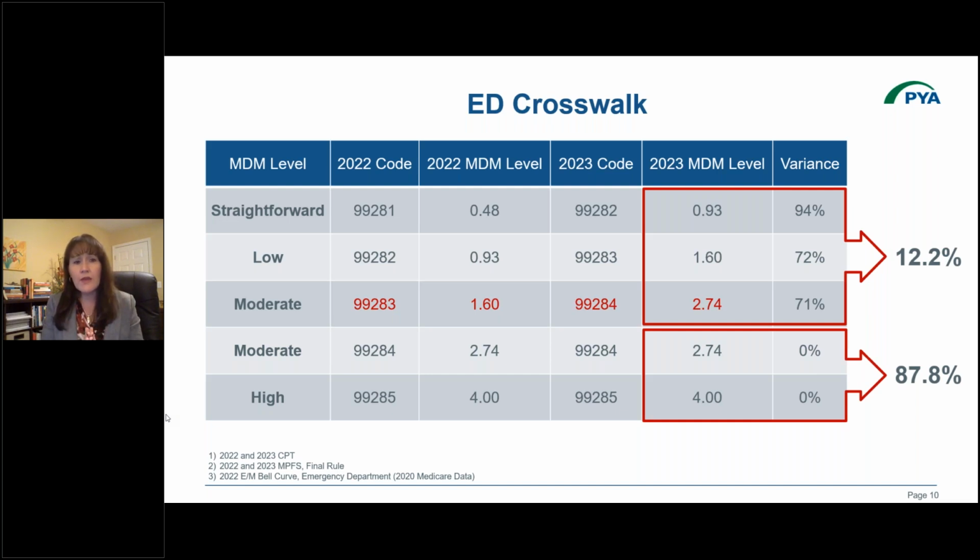So you would think that, okay, well, now the 283 will be a 284. But we've actually had a client do a study of this and evaluate, will all the 283s go to the 284? And they found that that was not necessarily the case. About 50% of those 283s became a 284, and 50% were still a 283, which means that you will see an uptick in value of your ED services, like basically an increase in revenue, but it will not be basically a crosswalk from a 283 to a 284, if that makes sense.